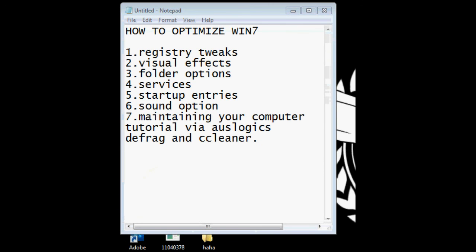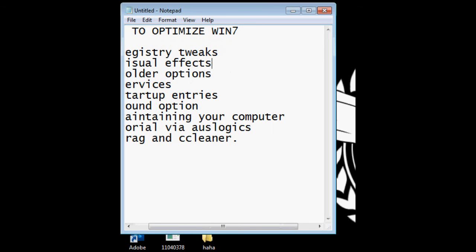It adds a take ownership option in the files and folders context menu so that you can easily take ownership of files and folders in case you want to replace them for customization purposes. So if you are quite sure about the description, you could apply the file. It's basically a script. So let's go to step 2, visual effects.